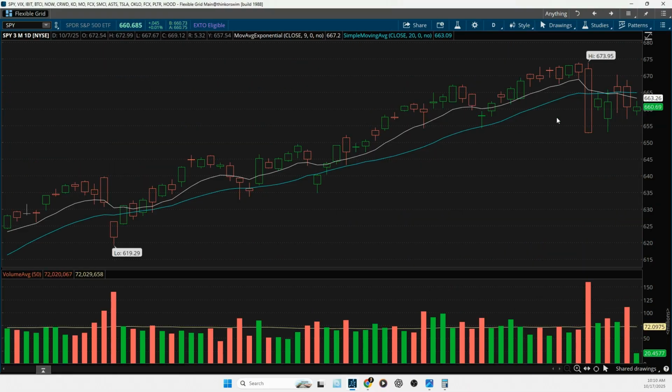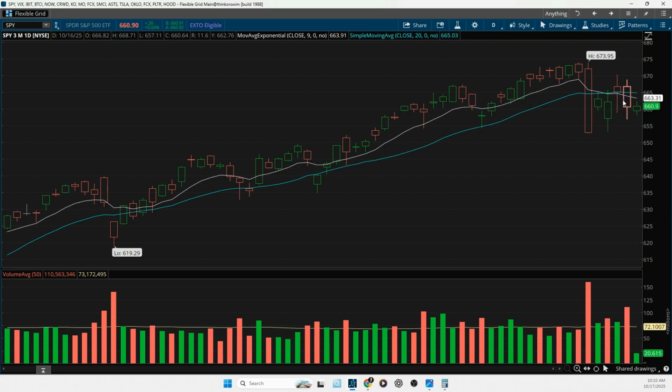All right, so S&P 500 via SPY. We see that it's trading in the middle of this bar, right? And we see this white moving average is below that. Does that mean the uptrend is done? I don't think we should say that because we're only looking at a 3 month time frame. So that's one thing. On a 3 month time frame, we see a lot of the Mag 7